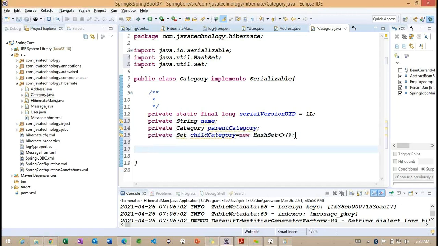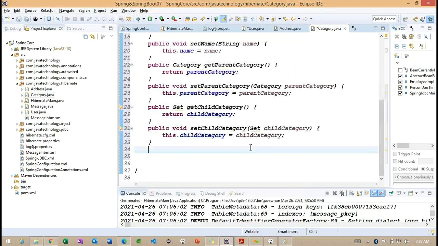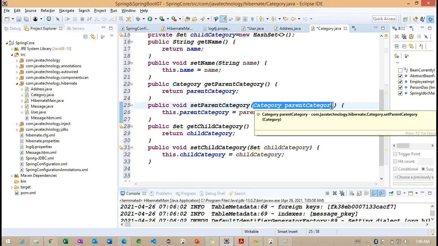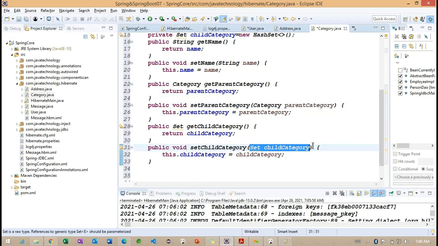Let me generate the setters and getters. Observe here, the child category is expecting a set, and the parent category is expecting only one category object. Getting the point. The child category is expecting multiple objects, because we are working on the collection object here. Right, collection framework related, the set interface we are working with here.